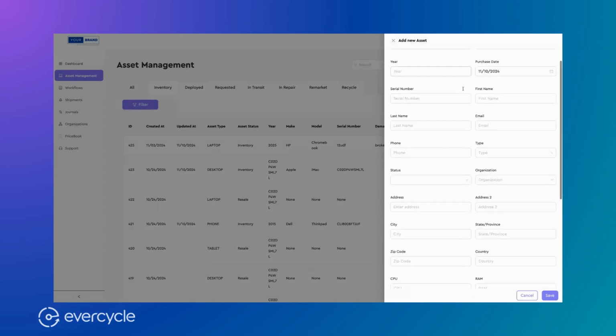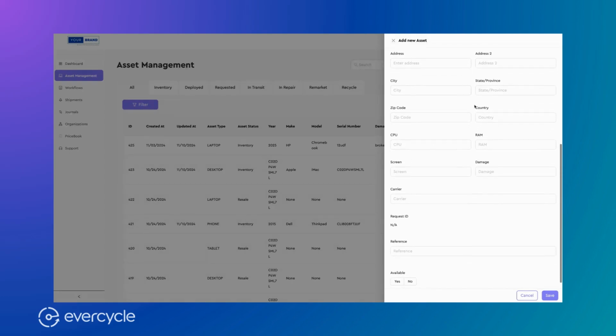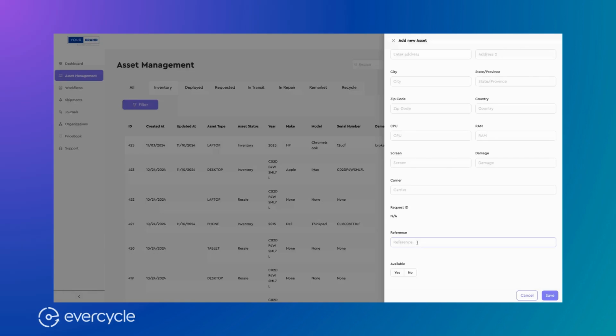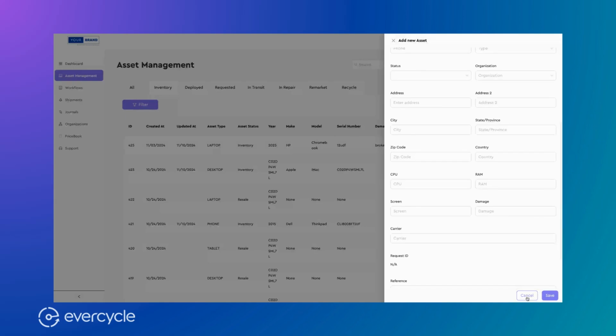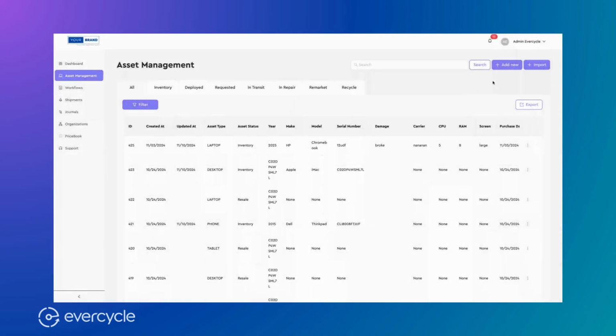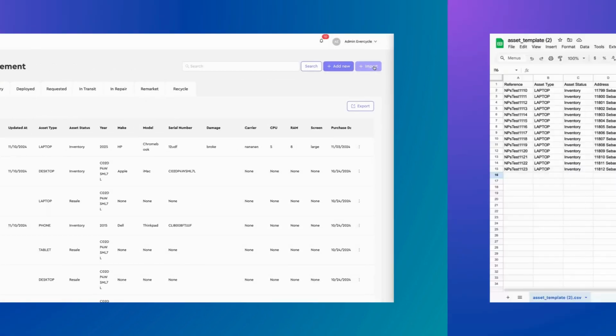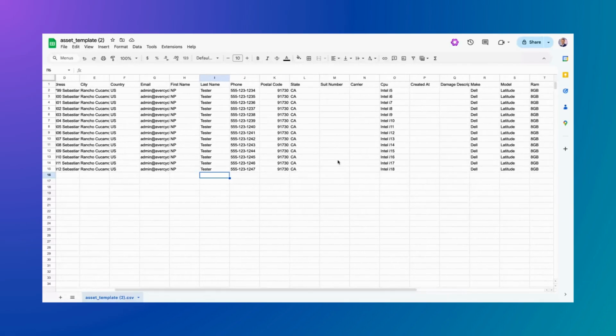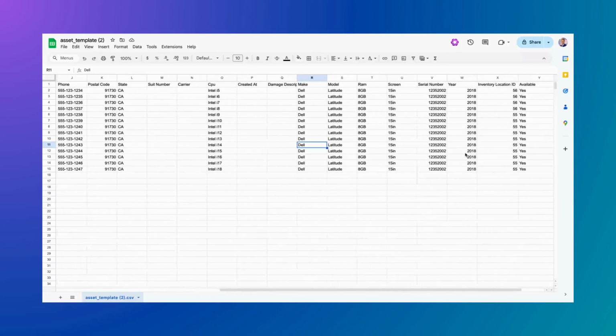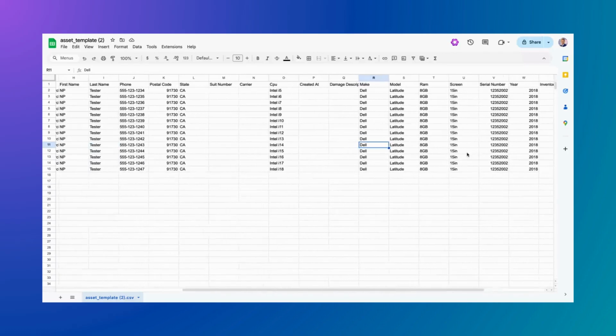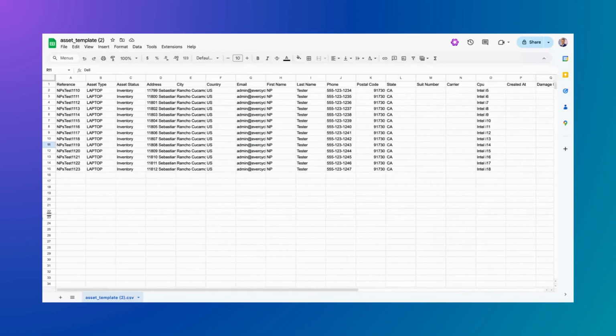If you simply need to add a single new asset record, using the Add New Asset form may be your method. In the likely case that you want to import many new asset records, the CSV import feature will be more efficient. Download the import template, notice the column headers at the top, and simply fill in the rows. Most of the fields are not required to be populated when importing, but it is recommended to be as detailed